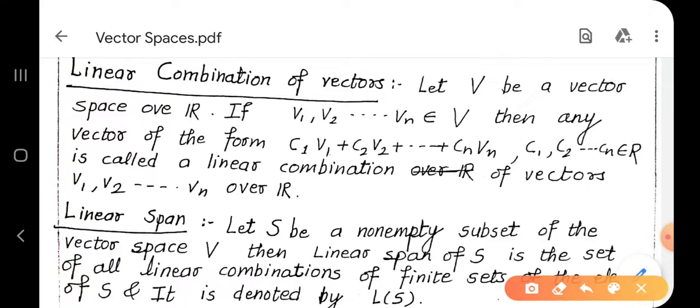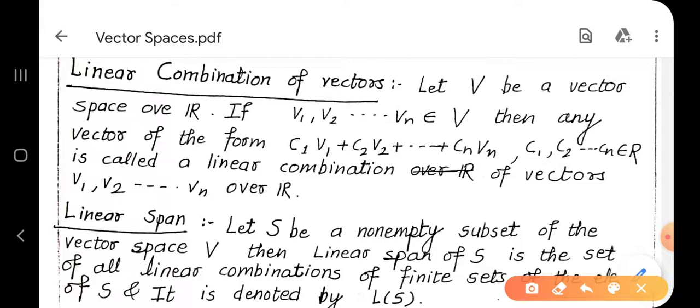Friends, we have understood the concept related to the vector space and subspace. So all elements of a vector space we call vectors. So let v1, v2, vn be the elements of V. We generally denote them as vectors, right? So we call them a vector and we will continue our concept. So today we are going to study the concept of linear combination of vectors.